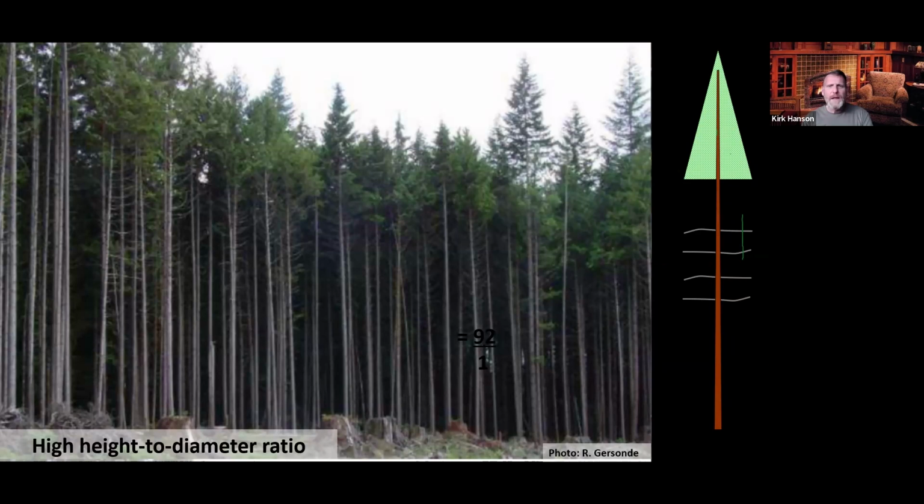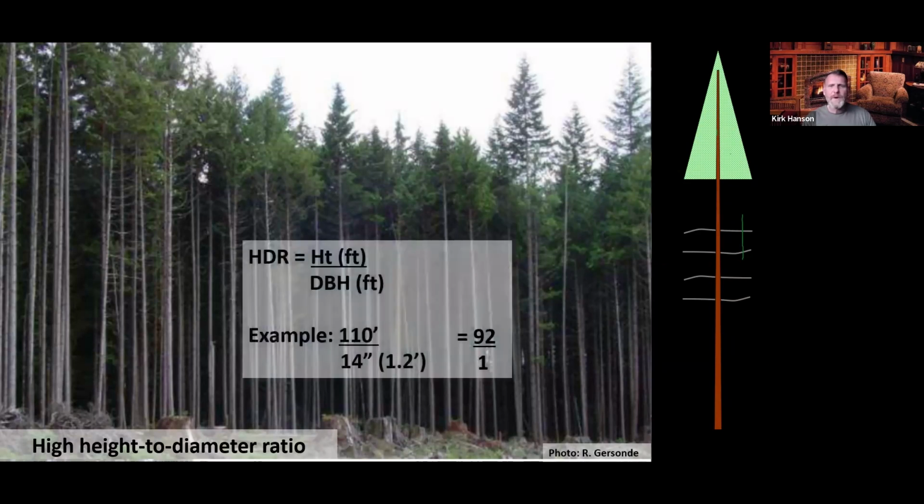And you can calculate the height to diameter ratio by measuring a tree's diameter in feet. So typically we measure DBH, or diameter at breast height, in inches, but you want to convert it to feet. And then you divide the total tree height in feet by the diameter in feet to get that height to